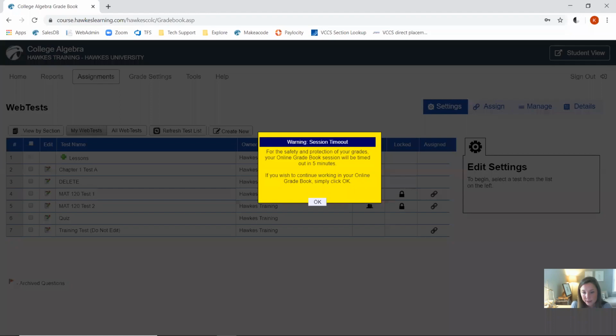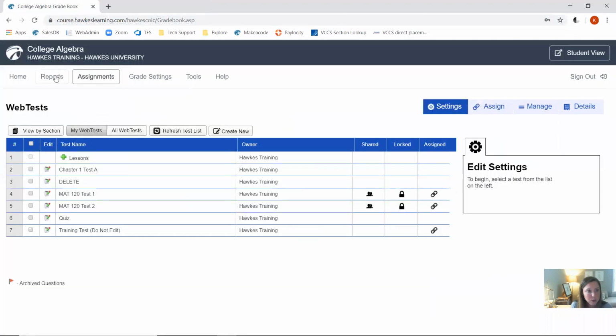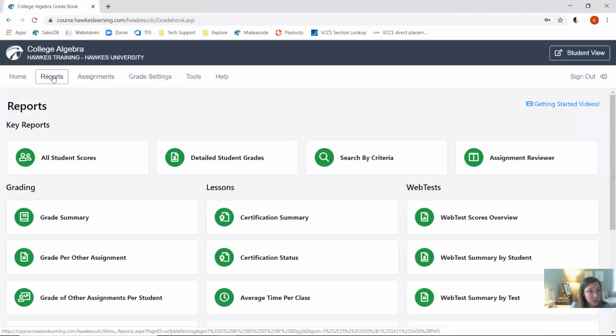With the very last few minutes here, I'm going to jump over to our reports and just point out a couple key reports that you can use to track your students as they're progressing through your course. So just to recap, we set up our sections in the tools area. We defined our grading scheme and set up a lesson late penalty and grade settings. We picked out all of our lessons and set up due dates for those and set up some web tests under the assignments tab. And reports is really where you track your students and their progress as they're working through